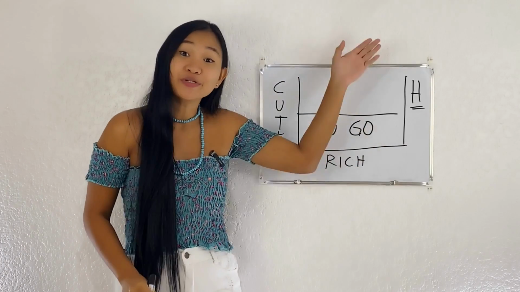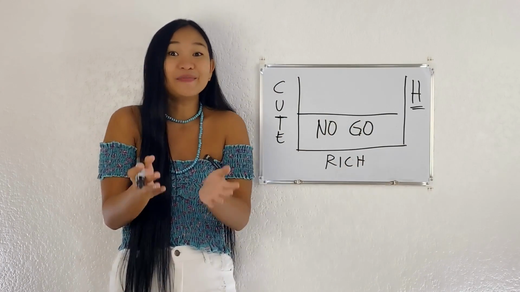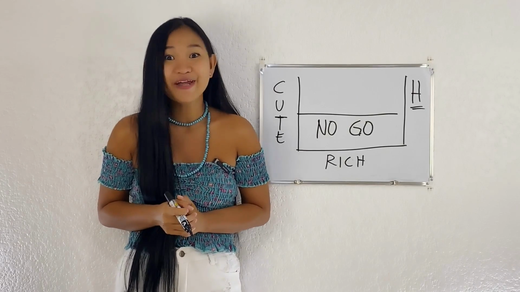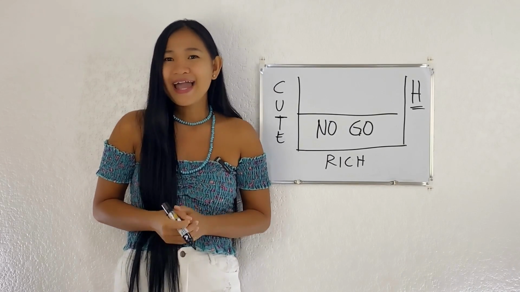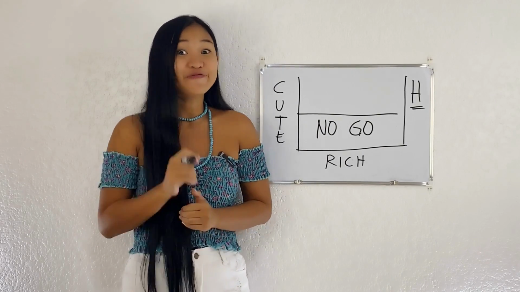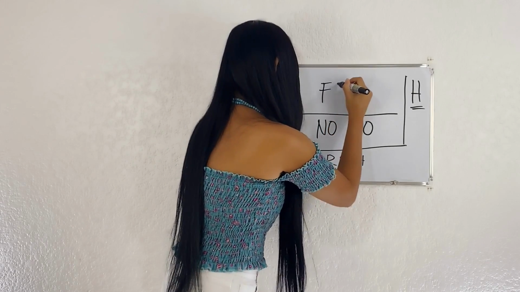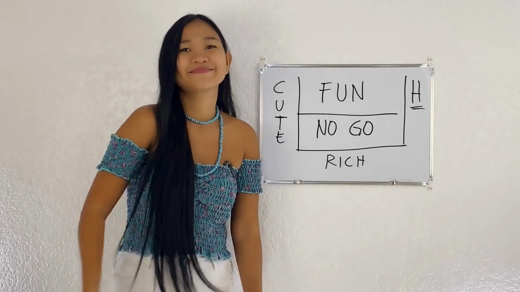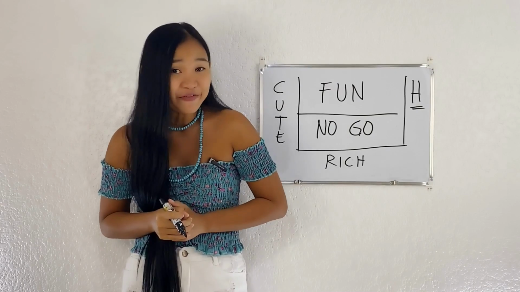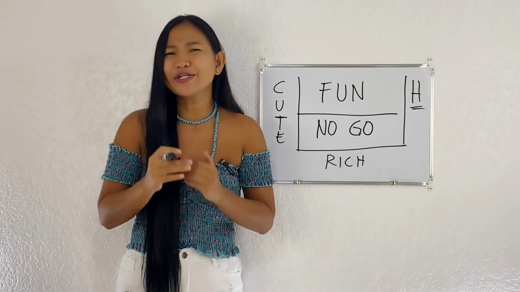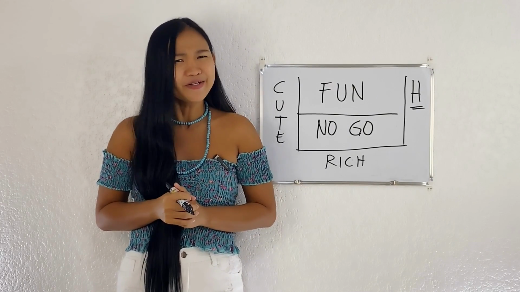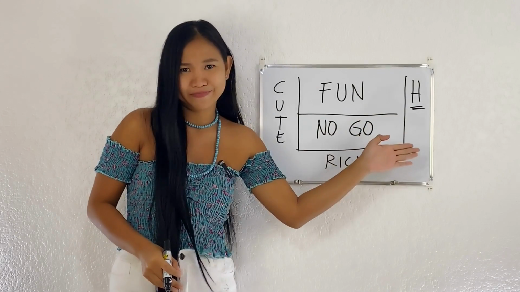Once you cross a certain threshold of money, it becomes irrelevant what you look like and we will attempt to marry you anyway. And then finally, you have the fun zone. For guys who don't have enough money, but you're just so darn cute that we'll date you anyway, until we find someone in the husband zone.